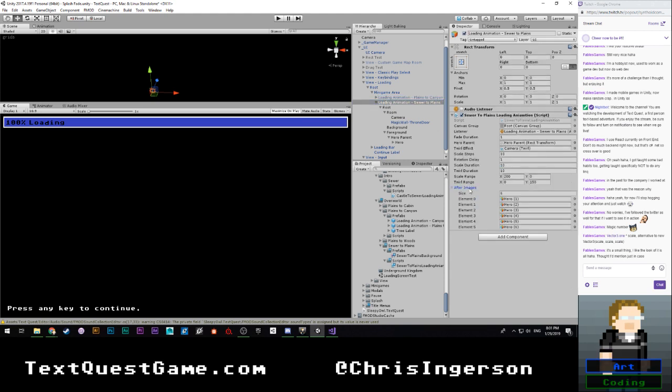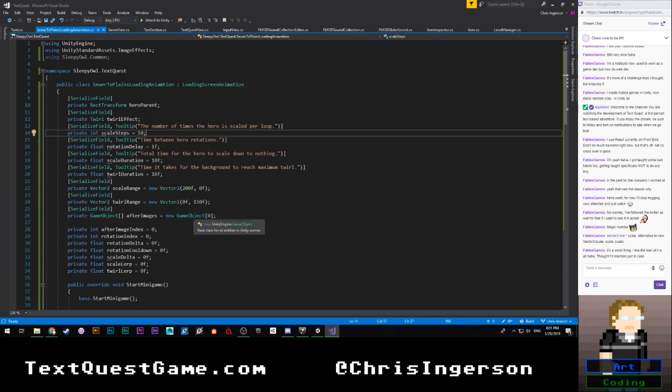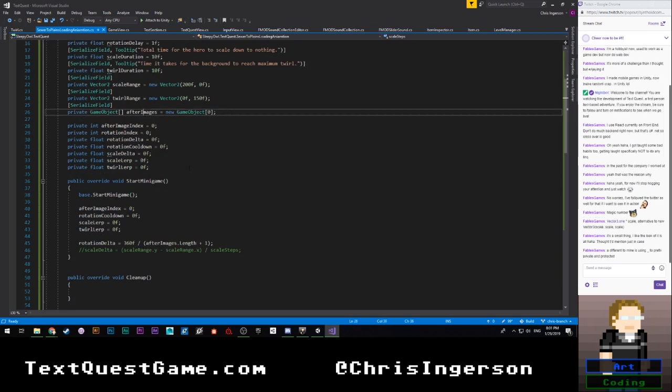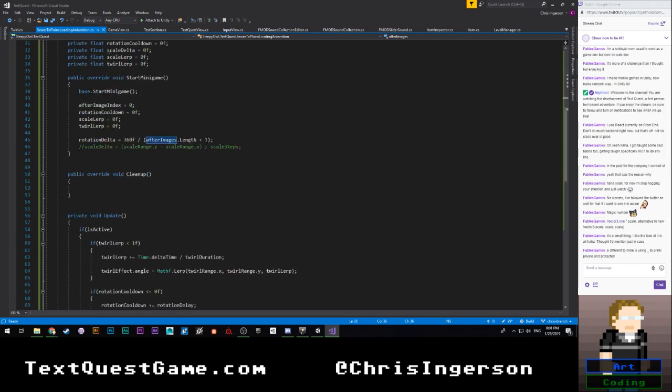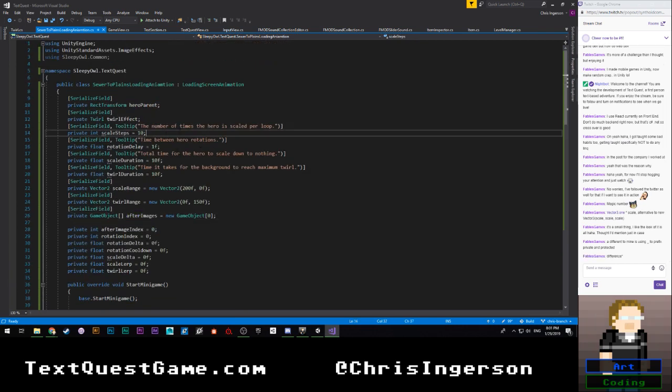Okay. All this is in there. Oh, shoot. Okay, so I was mistaken. I forgot that I left out the top right for our rotation, which means I can't use after images .length as an accurate value. So instead I need to come up here and I just have to say